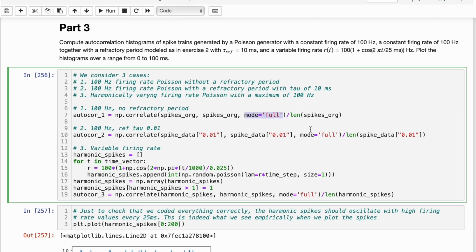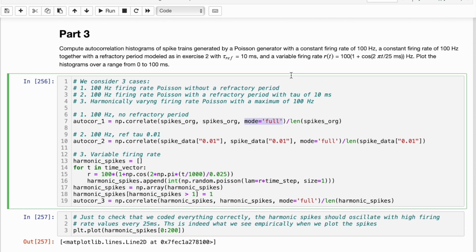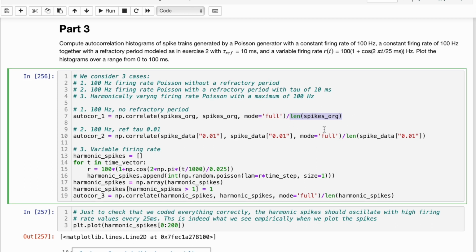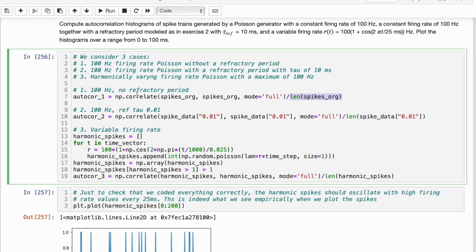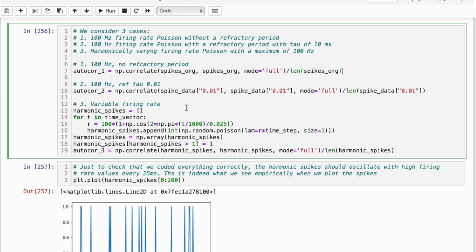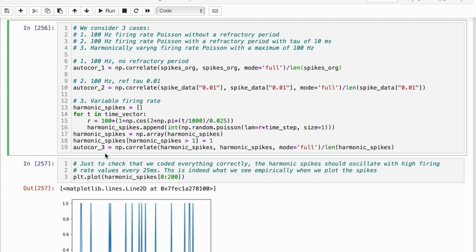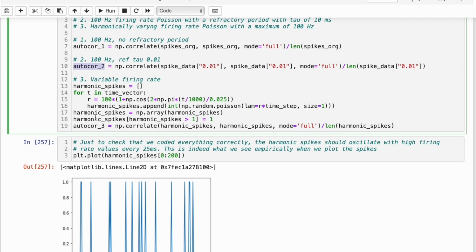And then this is a bit of an extra step, but it should ideally be normalized by the length of the signal. That is, as far as I understand, the standard in the field when you're doing this autocorrelation on your own. So we do that for all three: the constant rate with no refractory period, the quick refractory period, and the